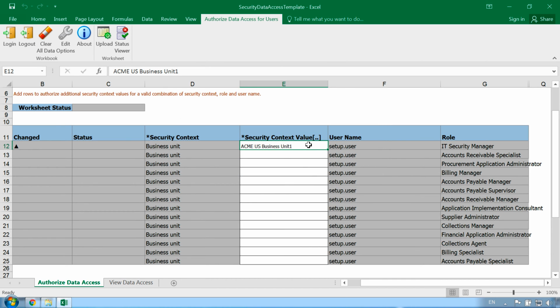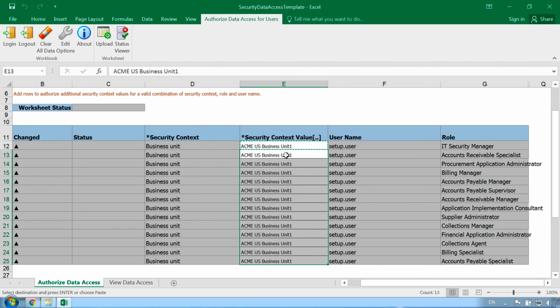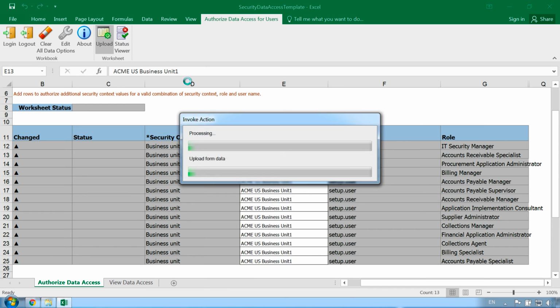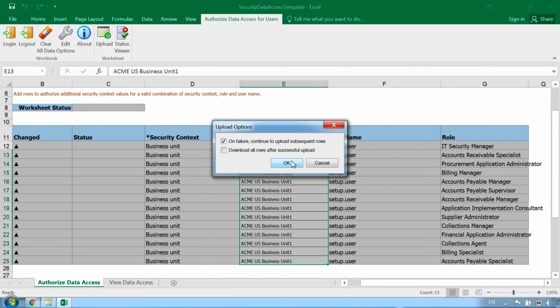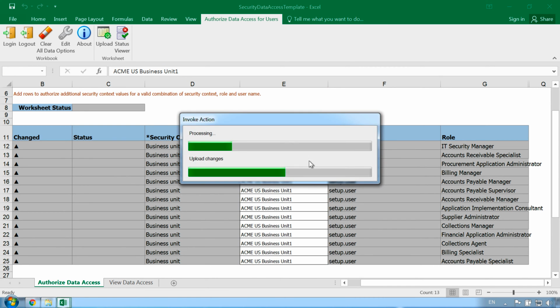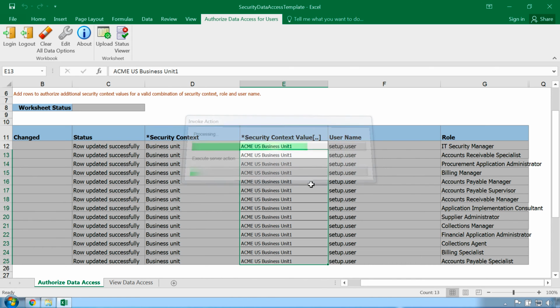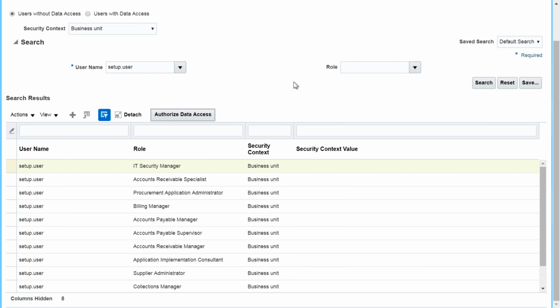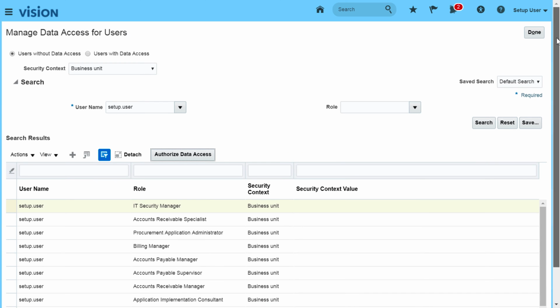And we can just copy and paste the data all the way down. And I'm just going to upload. So rows updated successfully. So I'm going to go back to the application, and then if I do a search,